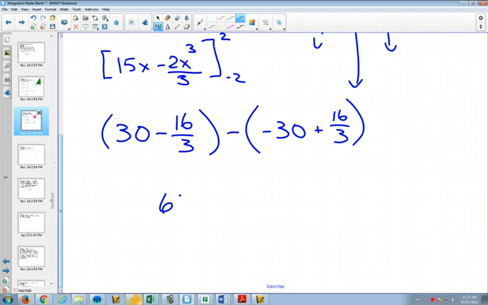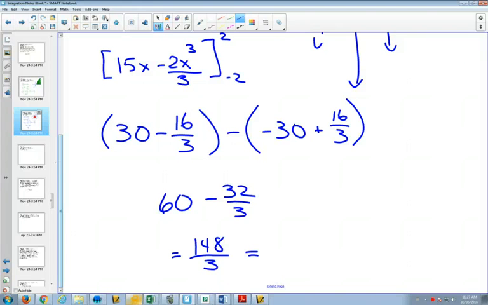So 30 plus 30 is going to be 60. Negative 16 over 3 and another negative 16 over 3 is going to give us negative 32 over 3. So if we wanted to get a common denominator of 3, we'd have 180 over 3 minus 32, which gives us 148 over 3, which you could leave like that, or if you wanted to change it to